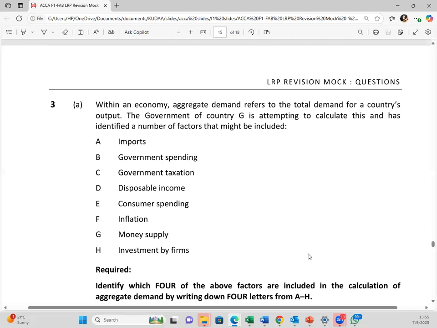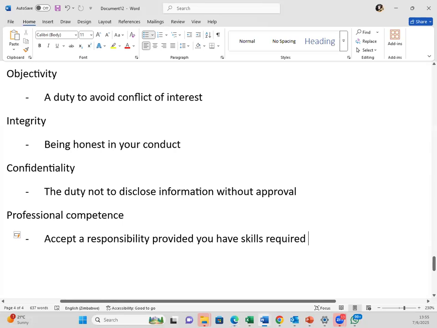So if you are calculating aggregate demand, which is the total demand, in the aggregate demand formula, the total demand for an economy